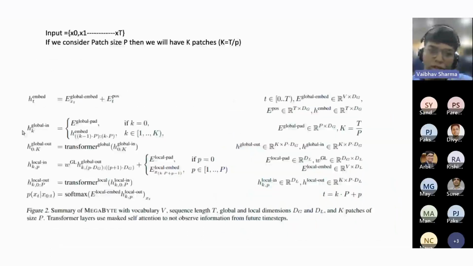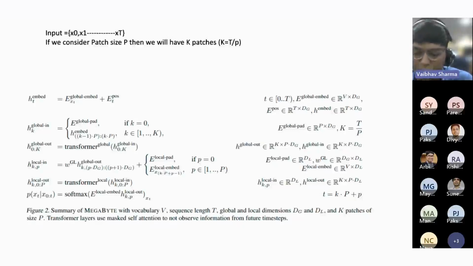This will be the input of the global model, and what the global model does is it utilizes a self attention network to have this inter-patch attention, and it will assign weights and update all these parameters, and it will give a new representation. And now we'll have this h0 to hk. This will be the output for the k number of patches that we give. Here we had k patches, and now the local model will take these k patches and separate